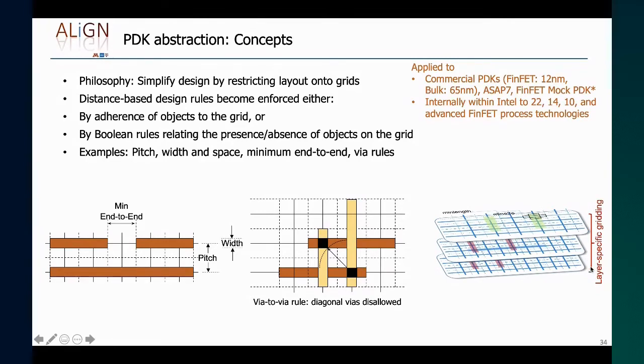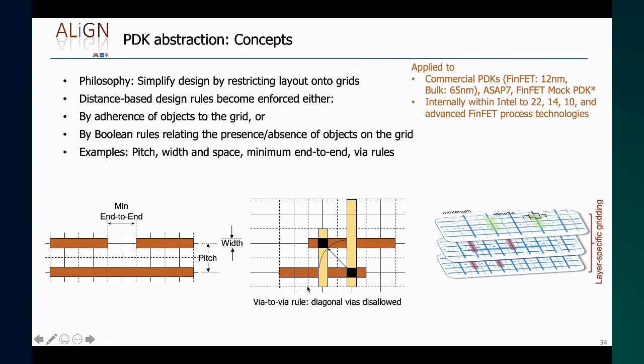The first thing is that the grids are layer specific. So the grid that I use for metal 1 won't be the same as the one that I use for poly or metal 9, etc. The second is that I also have major grid lines, which are the solid lines, and minor grid lines. And the idea is that the wires have to be routed along the major grid lines, but they can stop on the minor grid lines. And in fact, this turns out to be pretty effective in capturing a wide array of design technology nodes, and we've applied this to a number of nodes.